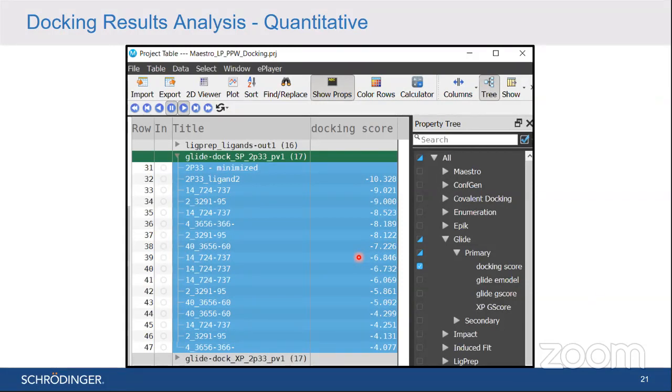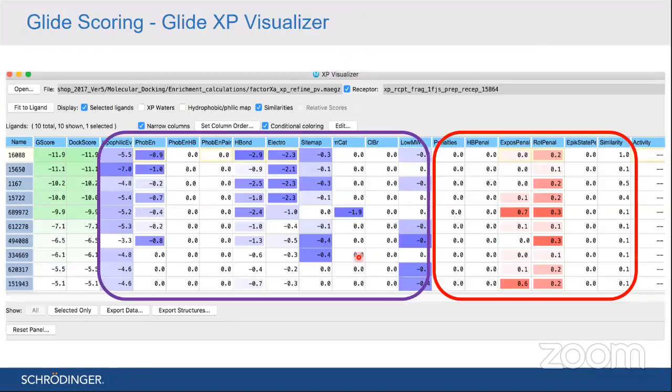And another filtering criterion can be the interactions. If you have a specific interaction which you think is very critical and reported in the literature, you can make it a filtering criterion. So in this way you can play around with docking score and interaction criteria and decide which ligand to take for further screening. This is what you get from the scores and interactions, but going one step further, we have